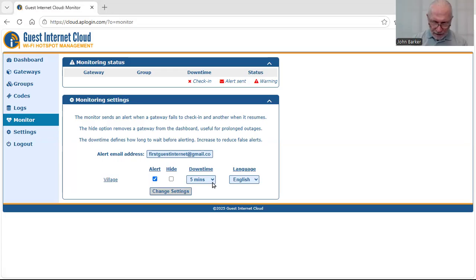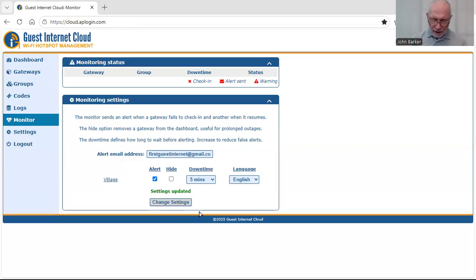I can decide if I want to wait 5, 10, or 15 minutes before I get the alarm. Sometimes there's a temporary outage to the internet that might last a minute, and so we don't want to be alerted for every little thing, but we want to know how long we should wait before we get the alert. And so the options are 5, 10, or 15 minutes. I'm going to select 5 minutes. The languages, we can have the message sent in English or Spanish. And so once I've got this set up, I'm going to click on change settings,